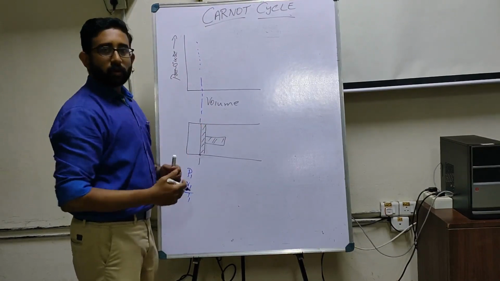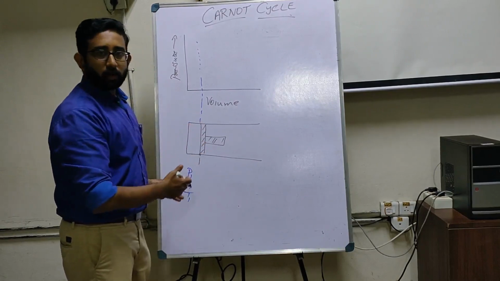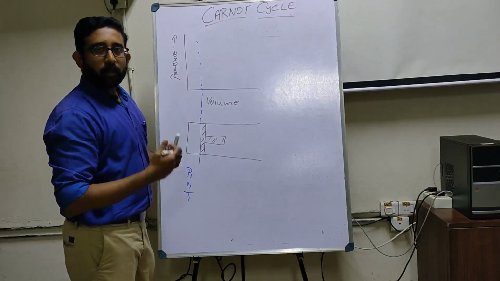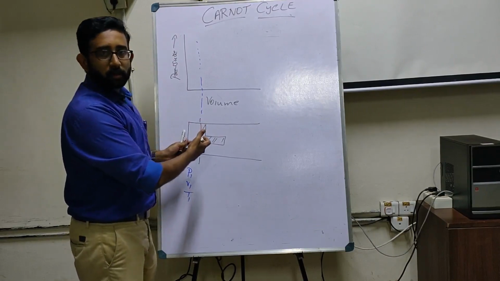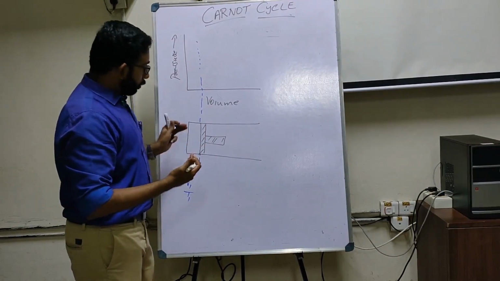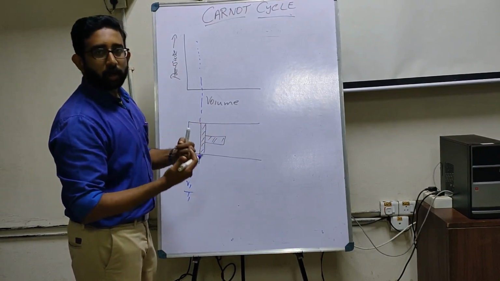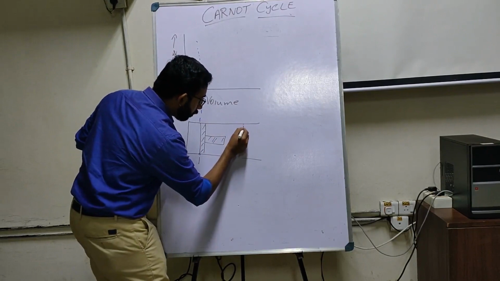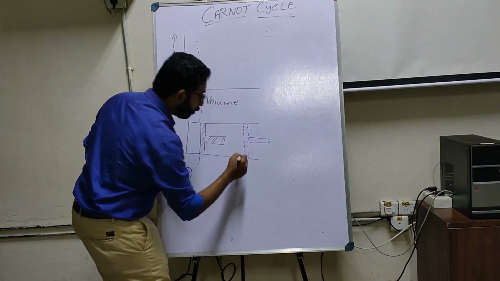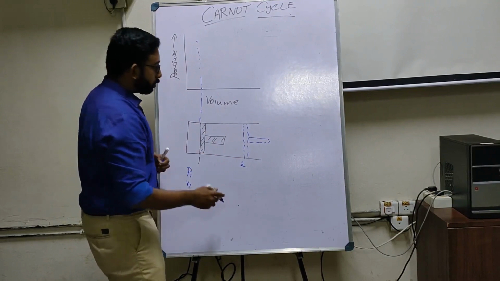Initially, the cylinder is fitted with a frictionless piston and it is in state 1 with pressure P1, volume V1 and temperature T1, and to this system we are bringing an external hot body and the heat is applied to the air inside the cylinder at constant temperature. That is, the first process is an isothermal process in which the air expands inside the cylinder at constant temperature till it reaches a state 2. Let us say that this will be state 2, and right now the piston cylinder arrangement is in this position, and we can draw that process 1 to 2 in the PV chart as follows.